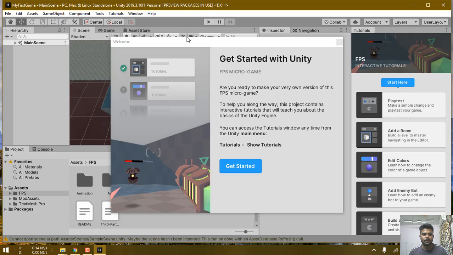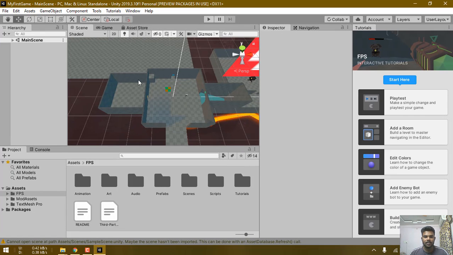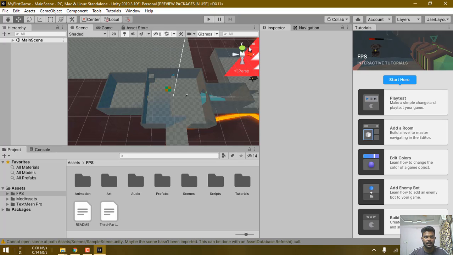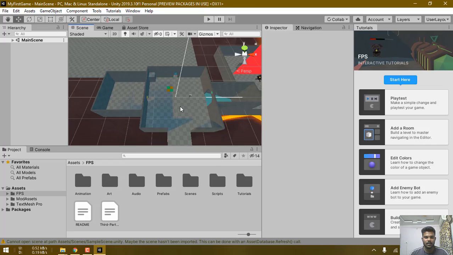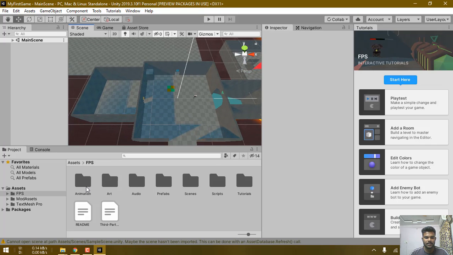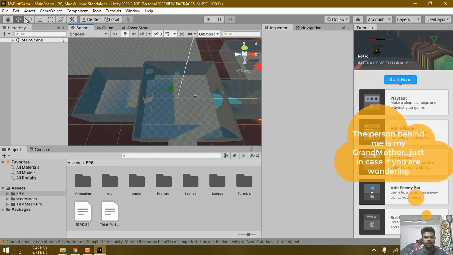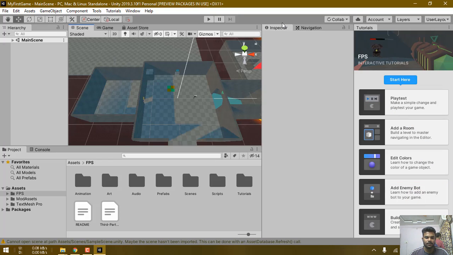So this is how the Unity software looks after the installation. As I clicked on it to start my first micro game, the micro game has been set up here. In this tutorial I'm not going to teach how to play with this game, what the scripts and prefabs are. I will be teaching all this later. For now, this is how Unity will look. In my next videos I'll be telling about how to use Unity and all. I'll be now closing this and we'll be starting from the beginning.